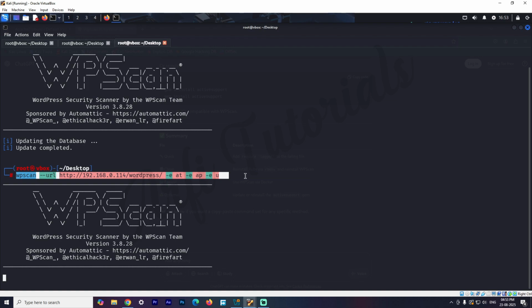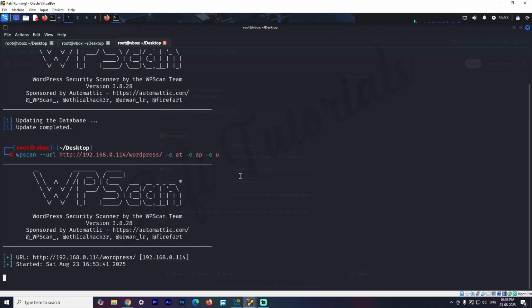With this command, I am telling WPScan to enumerate all themes, all plugins installed on the WordPress site, and finally all the users that might be logged in to the WordPress site. Let's wait a few minutes for the scan to complete.